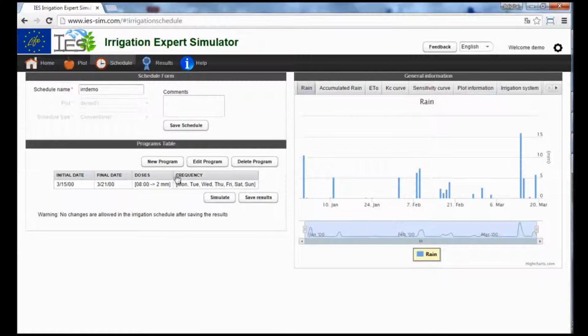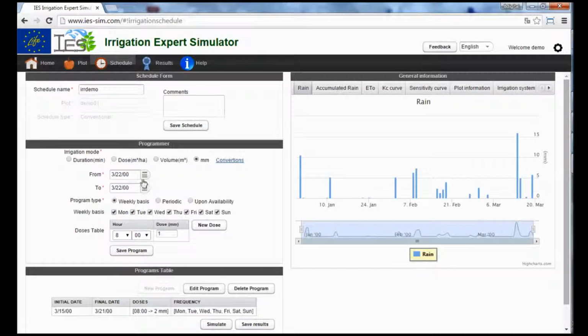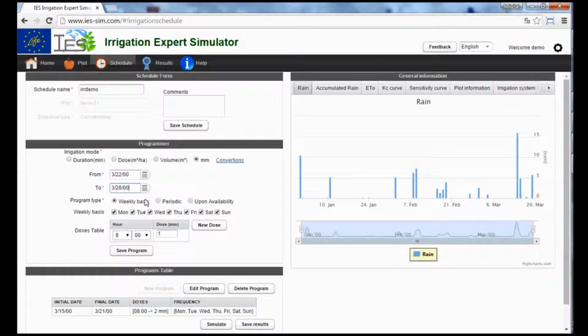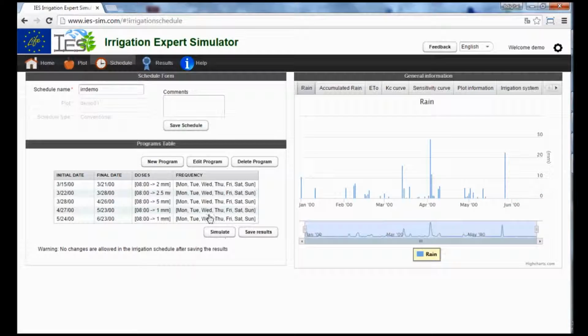We can specify new periods, for example, the following week between the 22nd of March and the 28th of March. The same frequency, every day of the week at 8 o'clock, and, for example, 2.5 millimeters. Then at any moment we may program all the periods for a whole irrigation season, or at any moment we can proceed to simulate just by clicking the simulate